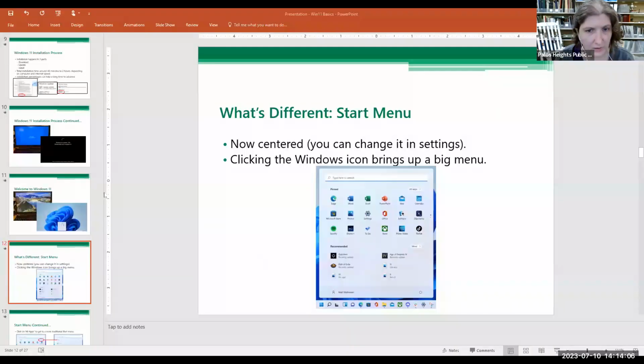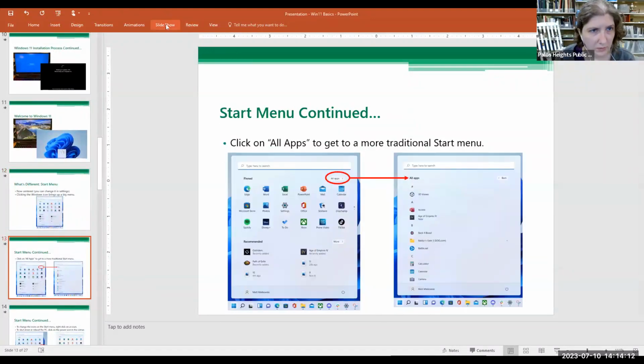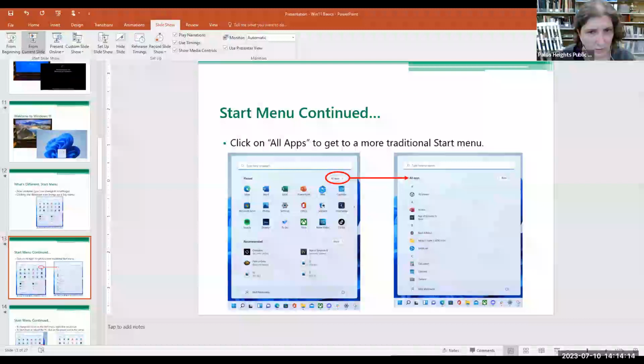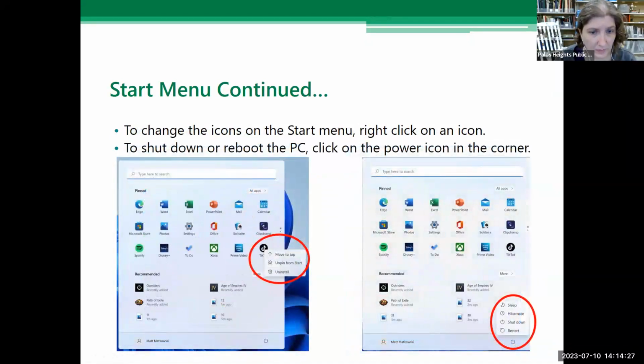There we go. Okay. And so, start menu. As I went over, there's the start menu. All your pinned programs or most used programs, or again, going alphabetically. This is also where you can pin programs to the start. So if there's programs you know you're going to use a lot,